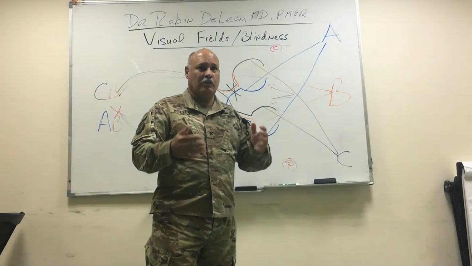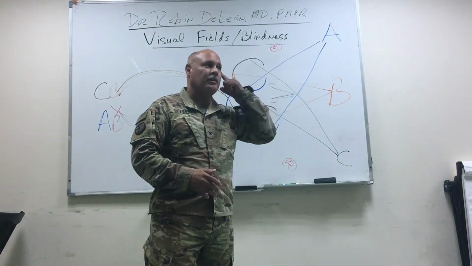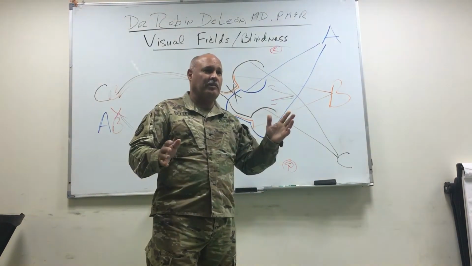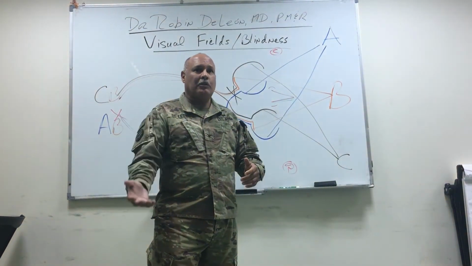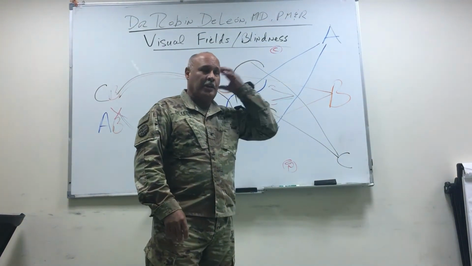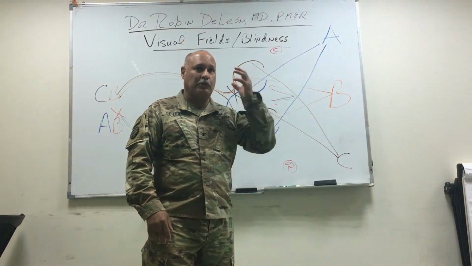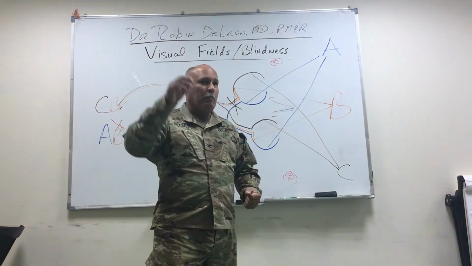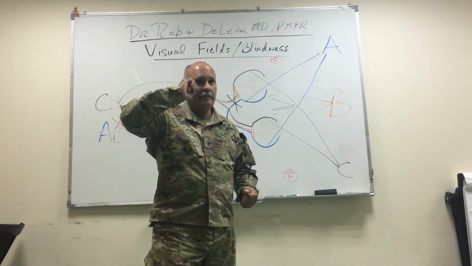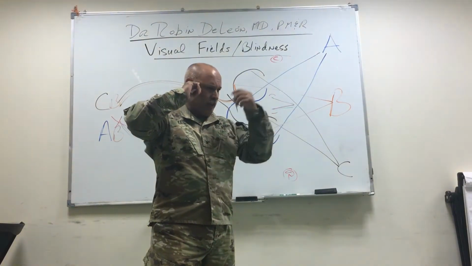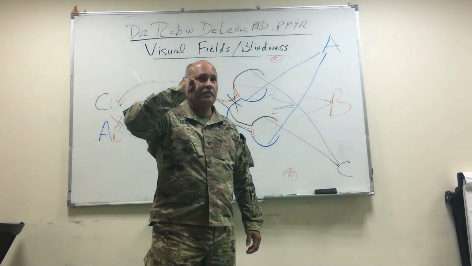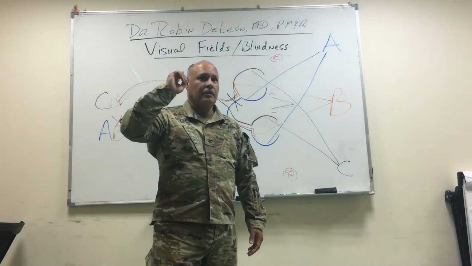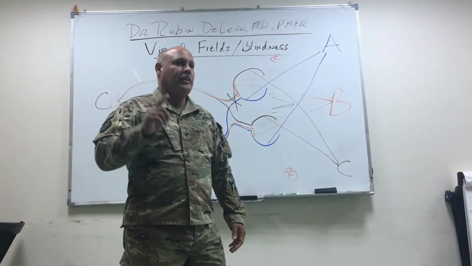In someone who has a stroke, classically, they're going to have a stroke in the left side of the brain. For some reason, it seems to be more common. It gives them right-sided weakness. And here's where the language center is, so they have problems communicating. But a stroke on this side doesn't affect speech, so they can communicate all day long and have conversations. It affects the left side of the body, gives them left-sided weakness. But this side of the brain does